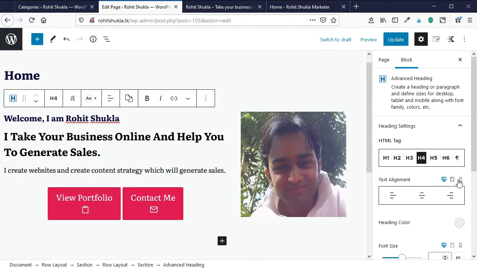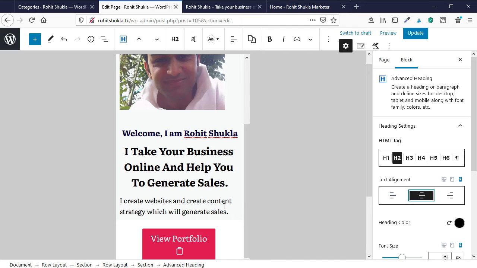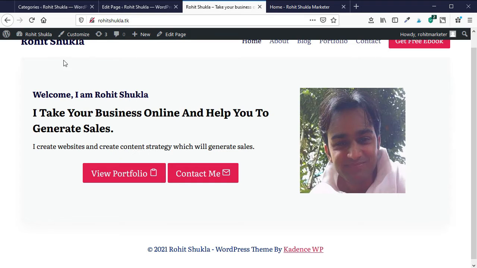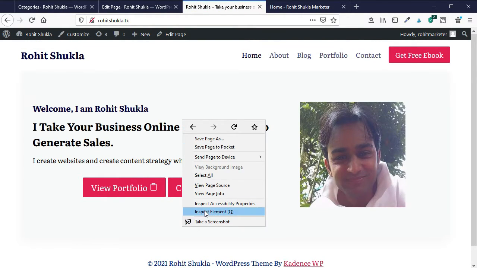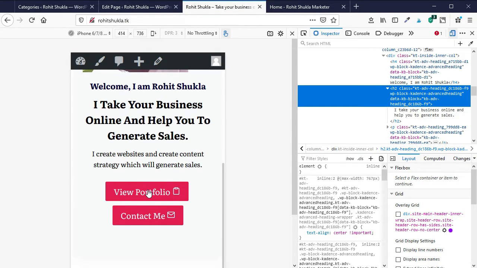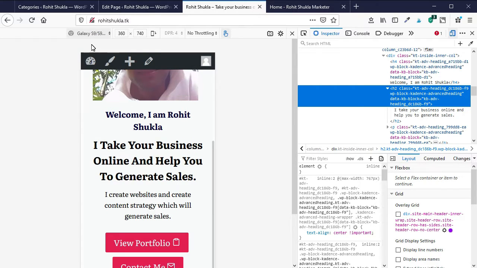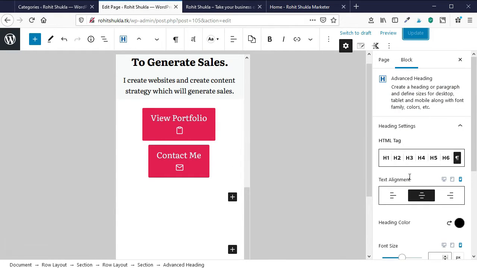Here, all the text is centered on the mobile. In this section I will also center the text, this will also be centered. Now the button is looking good on the mobile, so I will not make changes here. Now check again in the mobile area how it is looking. So it is looking good on the mobile. Now let's check on this other phone. Now it is also looking good. Now images, the rest is all fine.